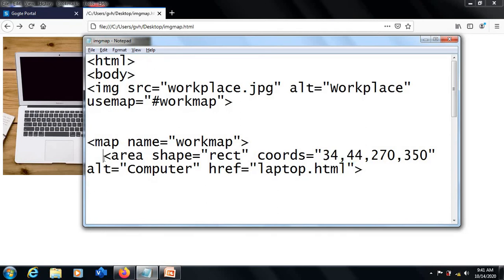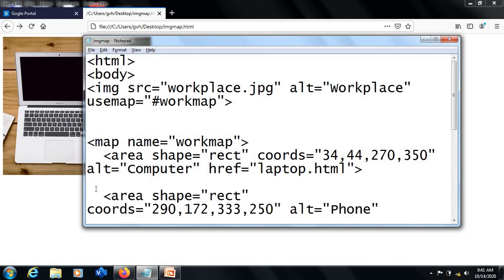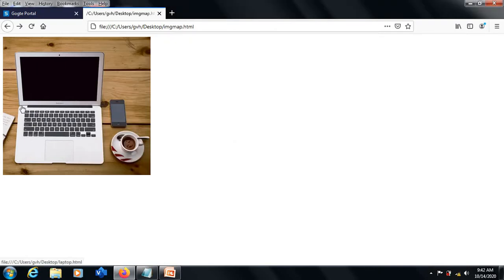Here I have again created a shape of rectangle, that is for the image of the phone, and I have told my HTML to start the image at 290 pixels from left and 172 pixels from top.